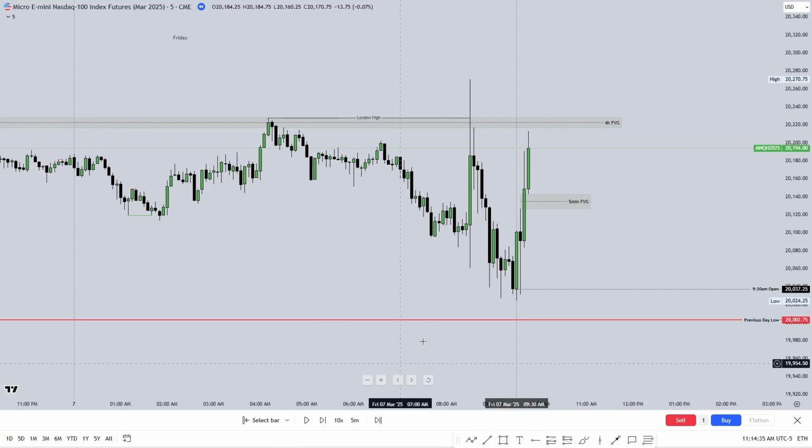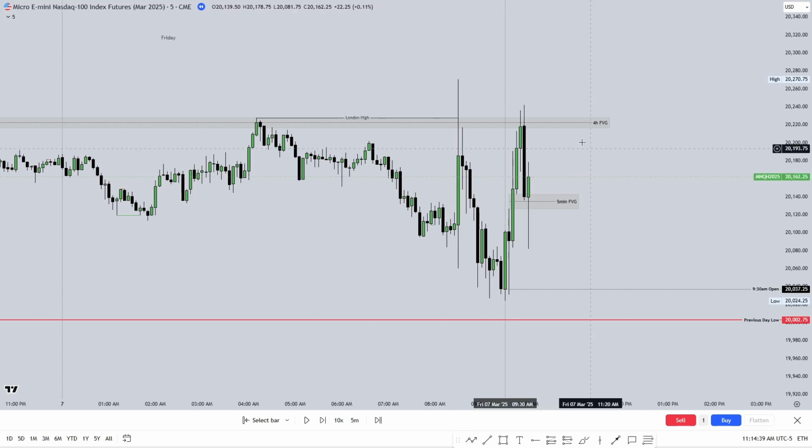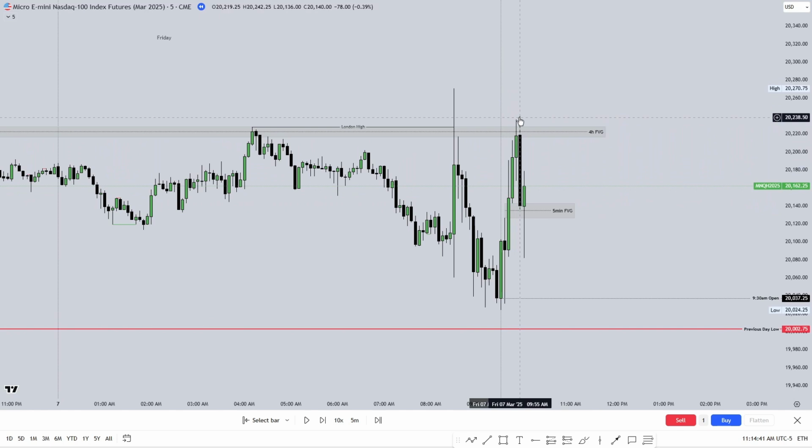So really, it's just a matter of waiting, right? That's a lot of what trading is. And you can see that price is trading higher right here. People are probably thinking that we're heading towards this high. What I wanted to see happens where we hit this 4-hour fair value gap and see a really nice rejection at this point.